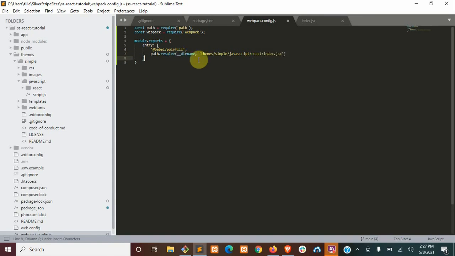Okay, just like that. The next property is going to be the output, and we're going to set this to an object of its own. And the first property of that object is going to be the filename, and we're going to set that to javascript/bundle.js. Next, we'll set the path for the output, and this will be path.resolve, another __dirname, and then we'll just use the actual theme. We'll set the mode to development,